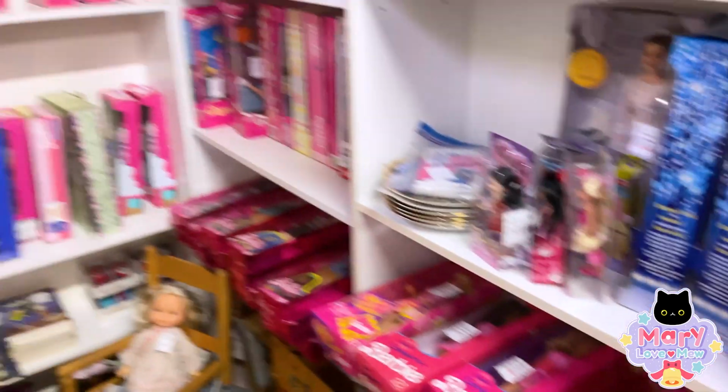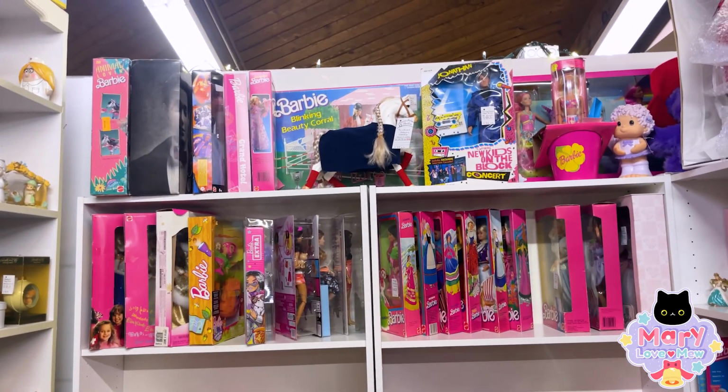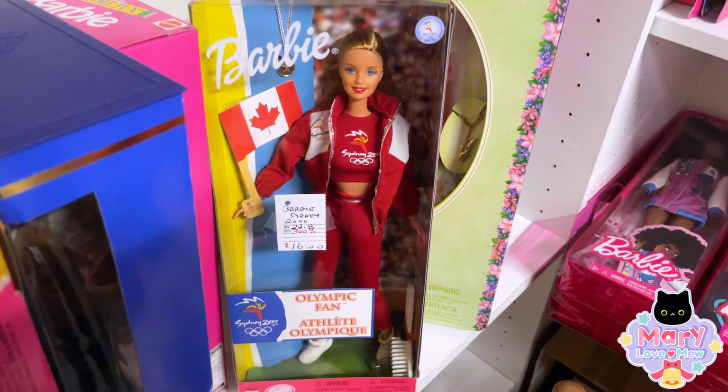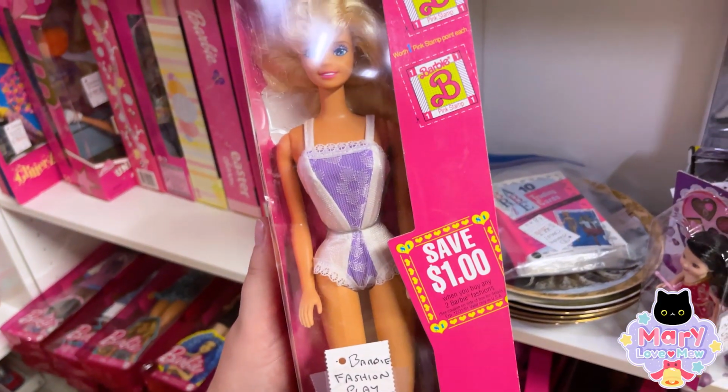And so then I finally got to the doll booth, the booth that I knew had a lot of dolls, and I was kind of disappointed. Last time I was there, they had a bit more variety, more than just Barbies, but this time it was mostly Barbies, but that's kind of understandable. Again, she is the most produced babe on the market. They did have an interesting mix of Barbies though,